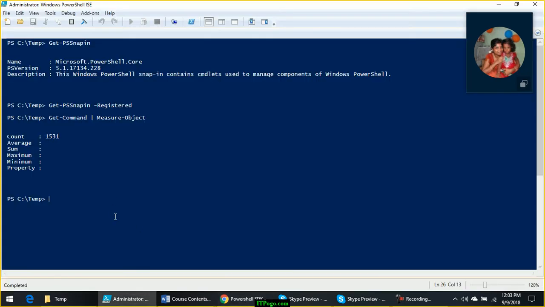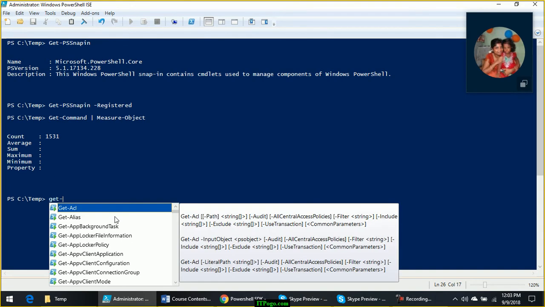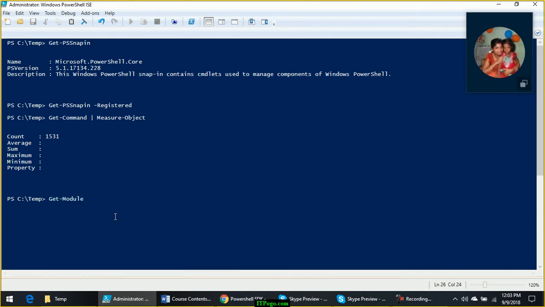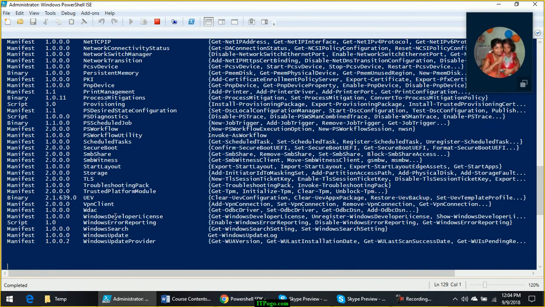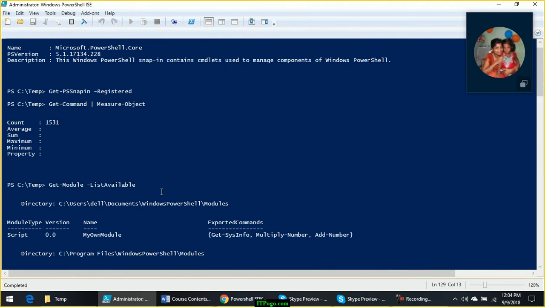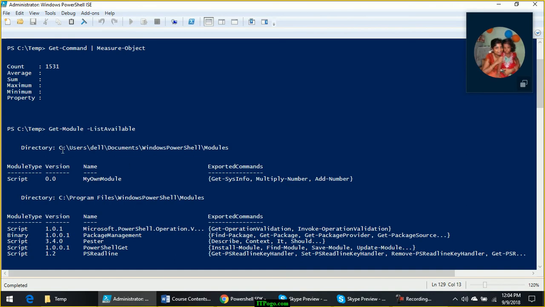Once you install, when you run the command Get-Module -ListAvailable, it will show you the piece of software that you have installed under the list of modules on this computer. Now when you run this command, what does PowerShell do internally, where does it check? It will check in certain folders.